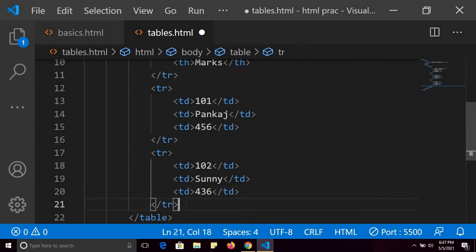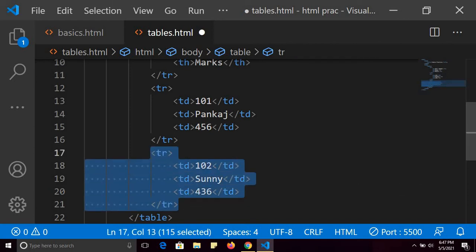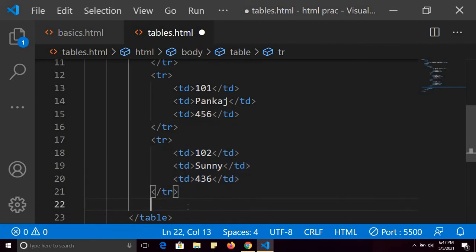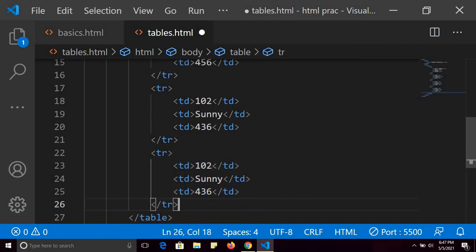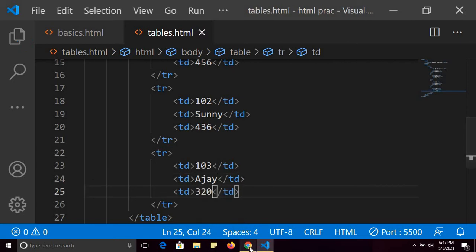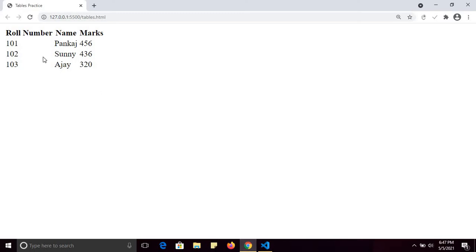Similarly, you can create another row. So similarly, you can create so many rows as you want in tabular form. Suppose marks are 320, and save it and see the result.